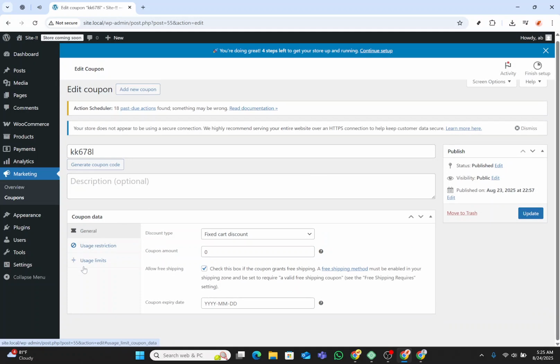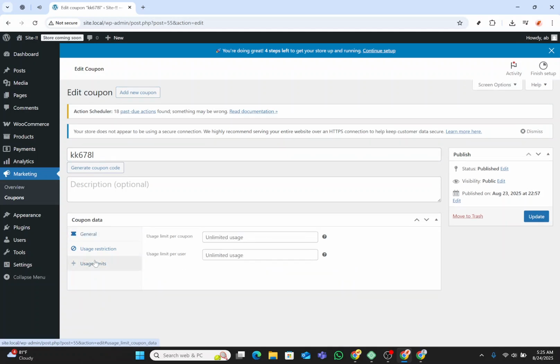Next, direct your attention to usage limits. This section is crucial, as it determines how often a coupon can be applied on your site. Clicking on Usage Limits will expand the options available to you, allowing you to fine-tune these settings to suit your requirements. Within the Usage Limits section, locate Usage Limit per coupon and specify the number that best aligns with your